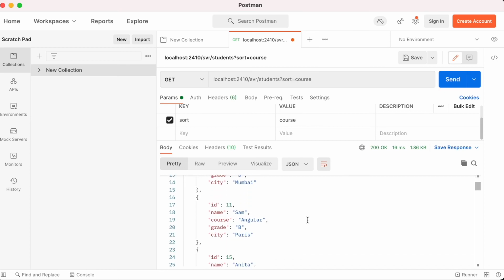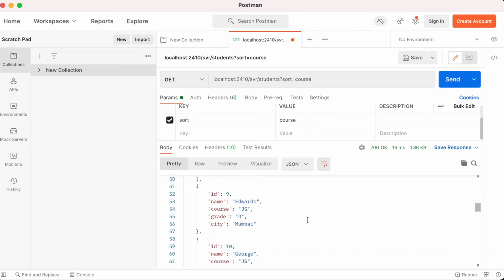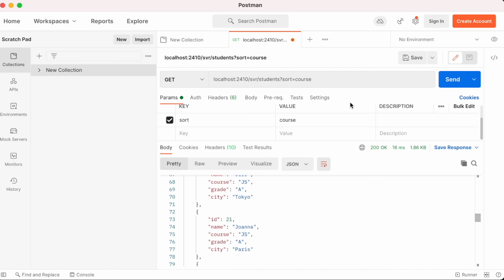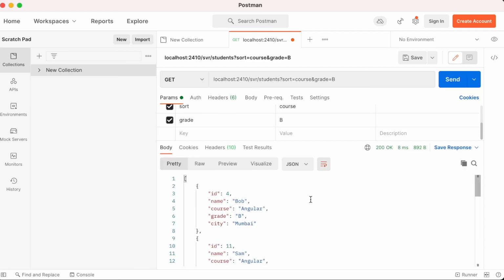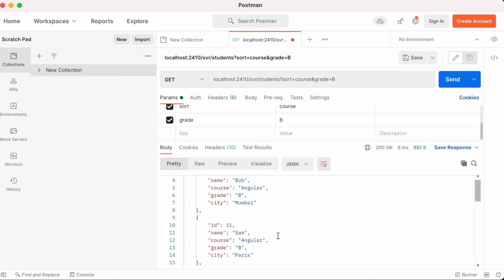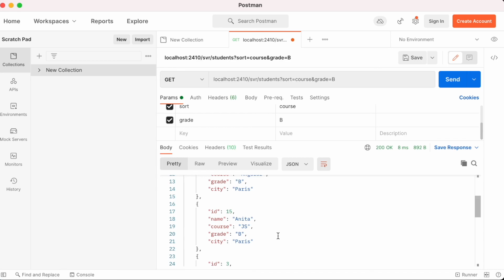So we get Angular, JS. So this is working fine. Let me just say and grade is equal to B. So we get Bob, then Sam.